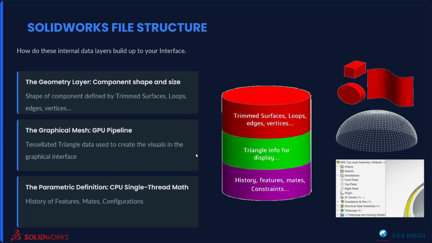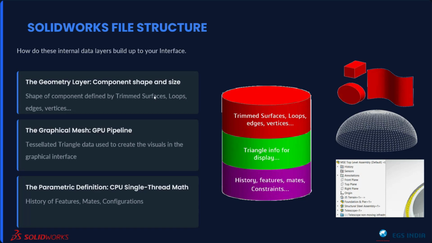The third layer of data is the parametric definition, which has the history or features of your design. So how the model has been created, what features have gone into it, what the mates are, how it has been positioned in an assembly, etc. These are the 3 different layers of data present in a SolidWorks file. Any SolidWorks file, be it a part, an assembly, or a drawing, has these layers built within it. And the first basic